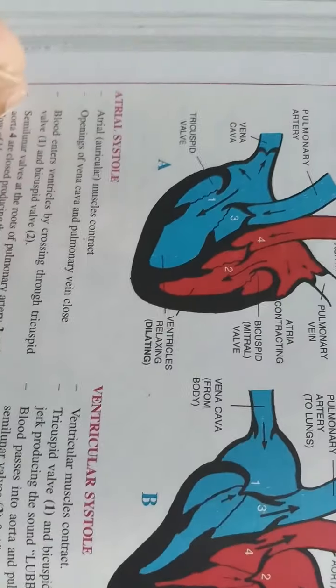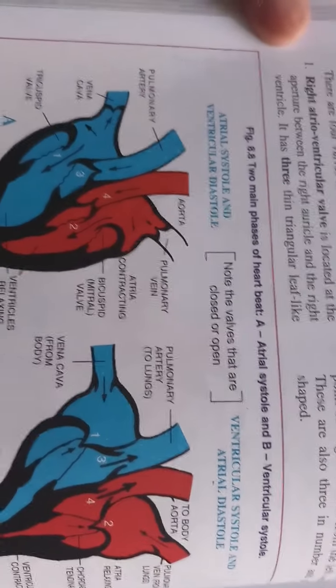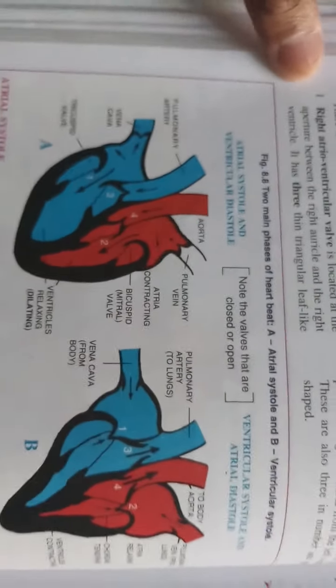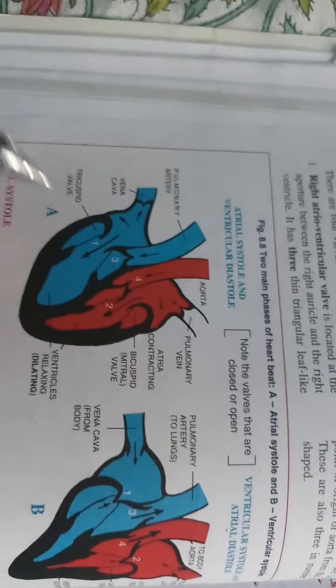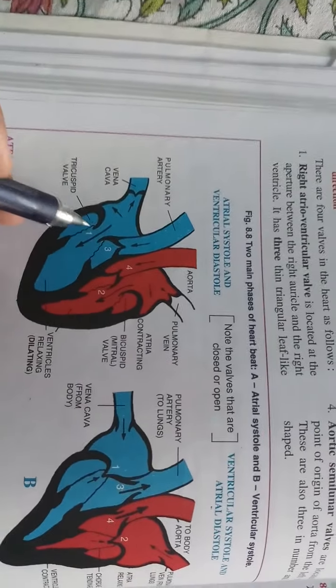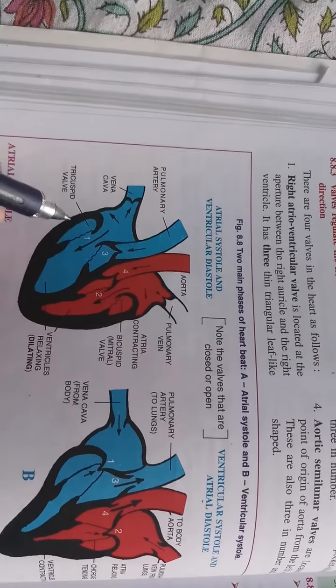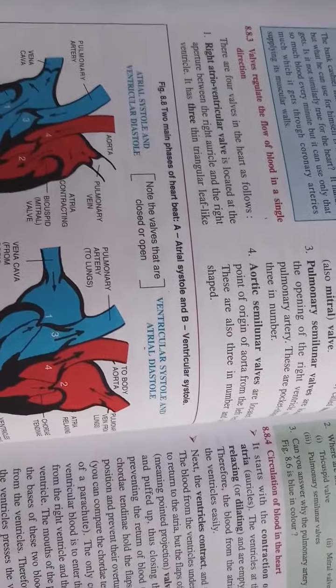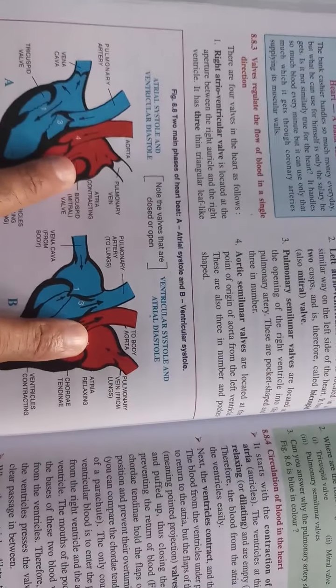Let's look at this in detail again. There's a diagram here. It's very beautifully given, the heart. Can you look at this? You can see the valves here, nicely pictured in the diagram. This is actually about the heartbeat and the systolic and diastolic functioning, but it talks about the valves as well.